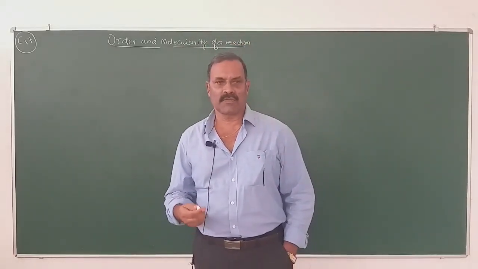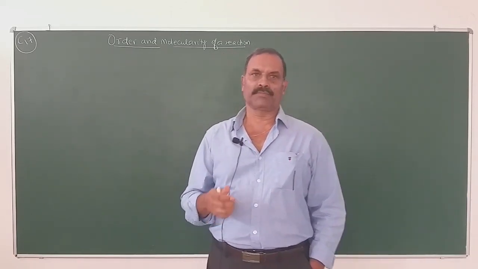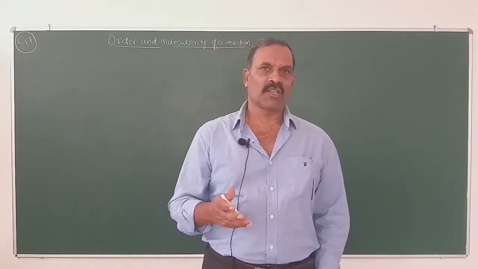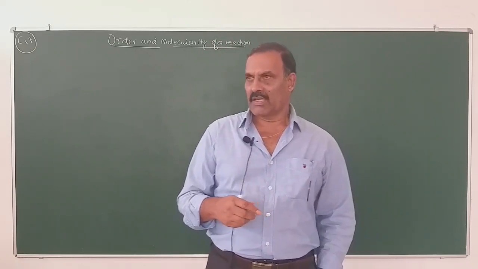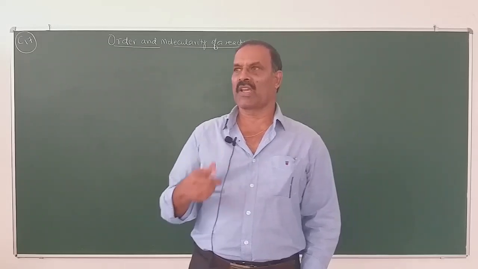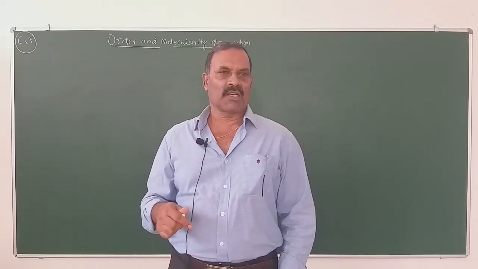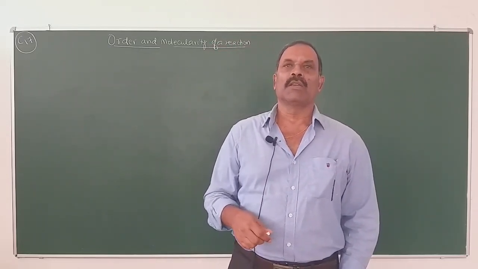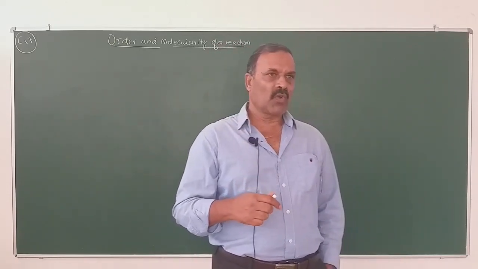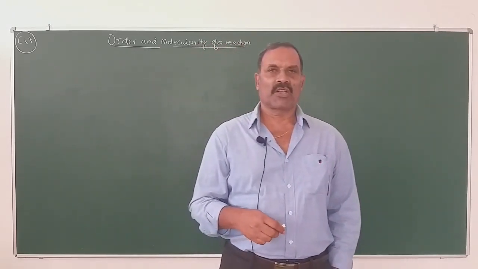So in the last class we have studied what are the factors which influence rate of reaction. The factors which influence rate of reaction are: number 1, concentration or pressure of reactants; number 2, temperature; number 3, catalyst; number 4, nature of reactants; number 5, surface area of the reactants; and lastly, exposure to radiations. So coming to the study of one by one factor, we have started the effect of concentration on rate of reaction.